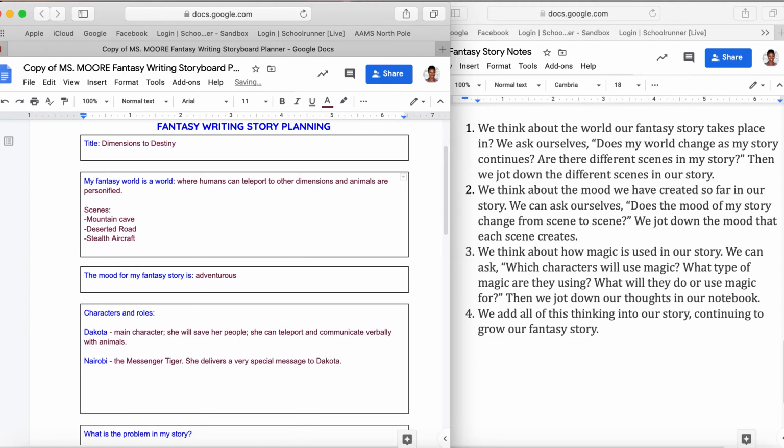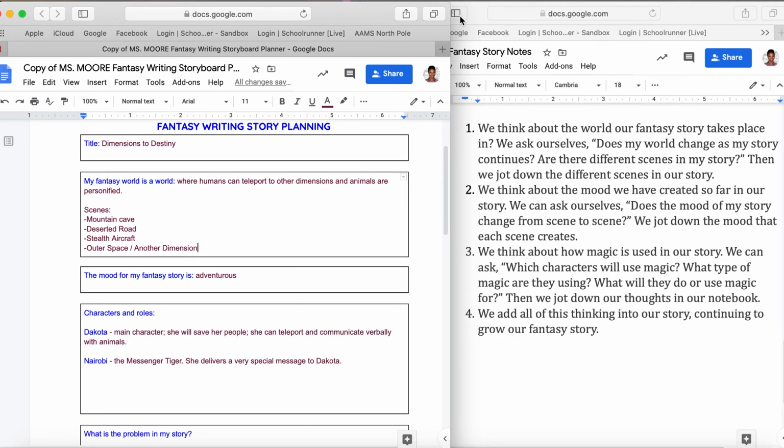And I have another scene where she's in outer space and in another dimension. So on her different adventures, she's going to come across these different places in the story. And I'll use descriptive language that will show that she's in these types of places.